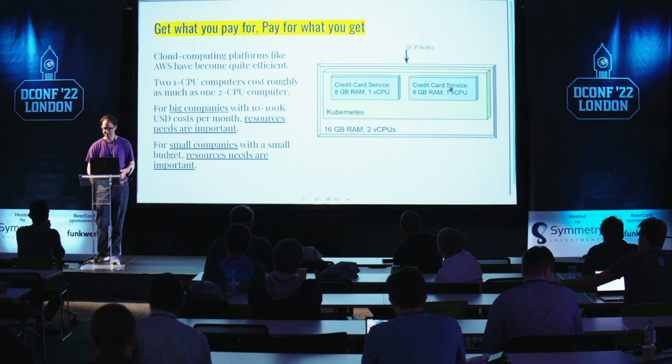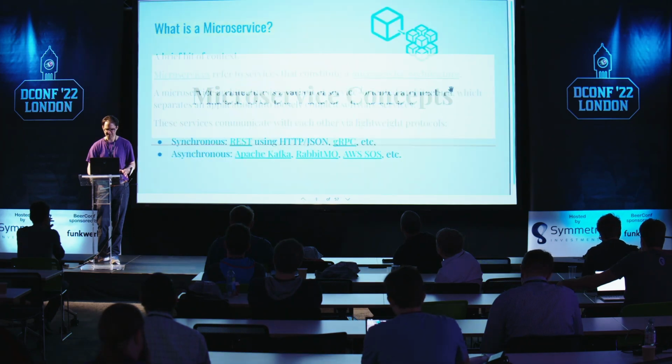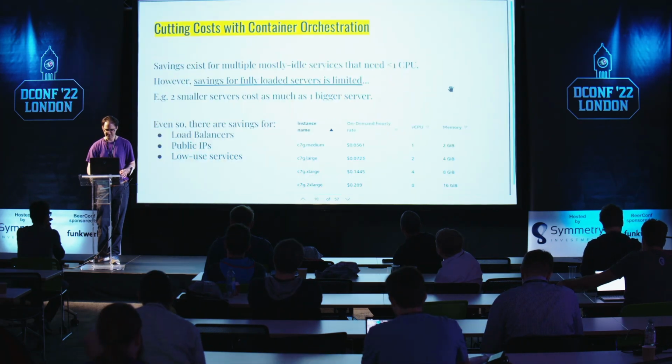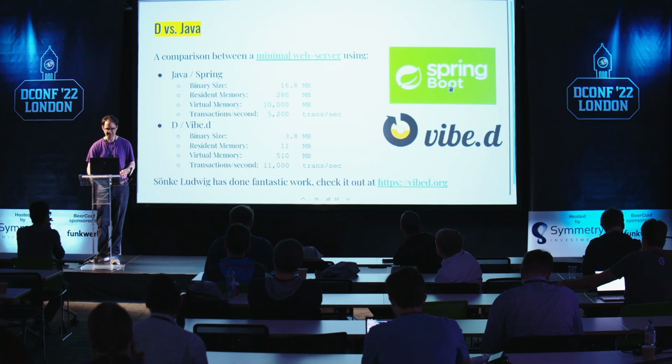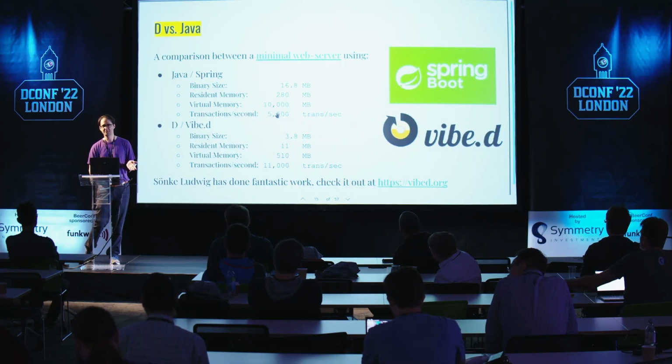Yeah. And if you take a simple comparison between like Java and D for a very basic web service, I think I have a table of the resource usage. Here we go. This is just a bare bones web service, like in terms of RAM and like CPU cost. So imagine my input to my company is 5,000 requests per second. Well, I could allocate the whole CPU for that if I was using Java, but I only need half if I was doing it in D. You see what I mean?